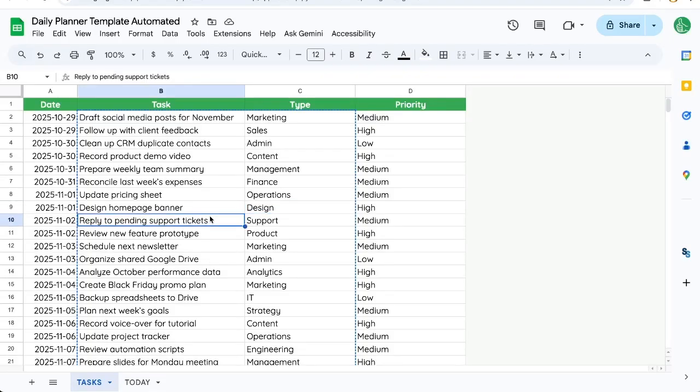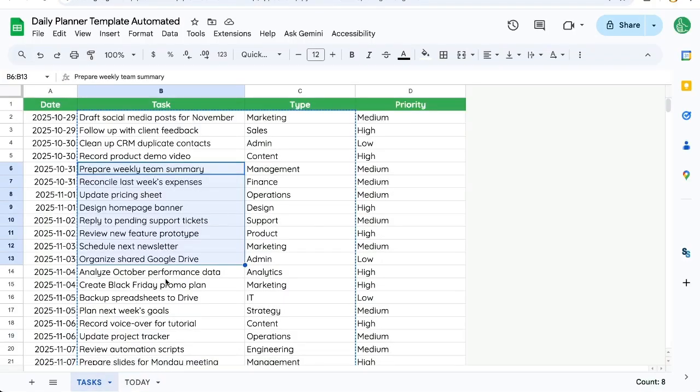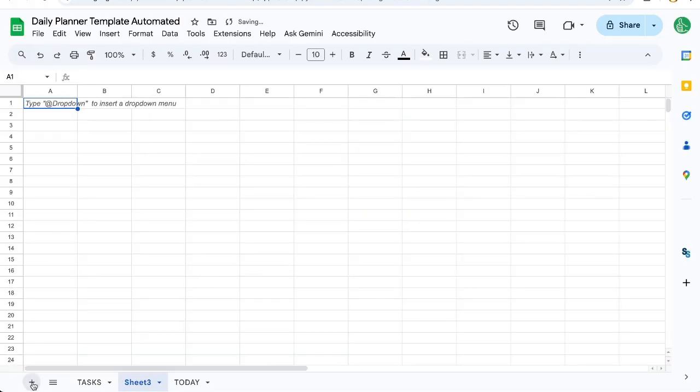So we're going to create a daily planner that actually takes all of our tasks and just shows us what we have to do today. One weird thing that I would suggest is that you don't add your tasks each day in different tabs, but you actually keep them all in one tab. Here we have the date on the left side in column A, we have a task, we have type and priority. Now, what you might be doing is adding a new tab every single day, but don't do that,